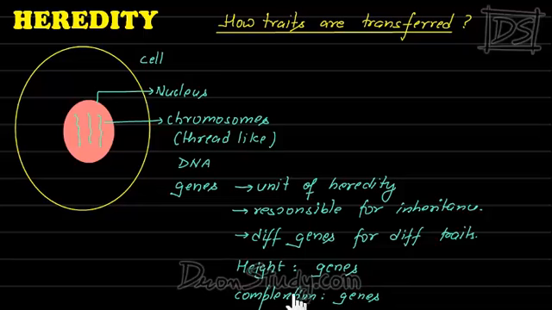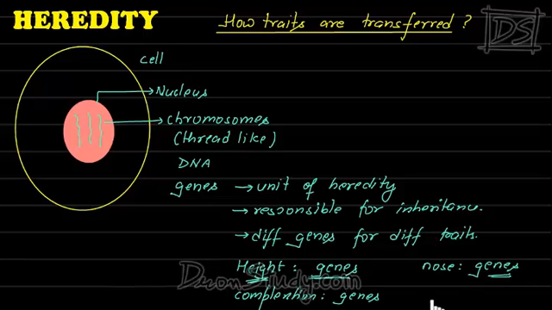Right? Like the shape of the nose. Okay. Different people will have different shapes of nose. So how is this decided? So there will be some genes related to the nose inside the person which will control the shape of the nose of a person. If in any two persons the genes related to the nose are the same, exactly the same, then these two individuals will have the same type of nose. But if the nose related genes are different in them, then the shapes of their noses will be different.